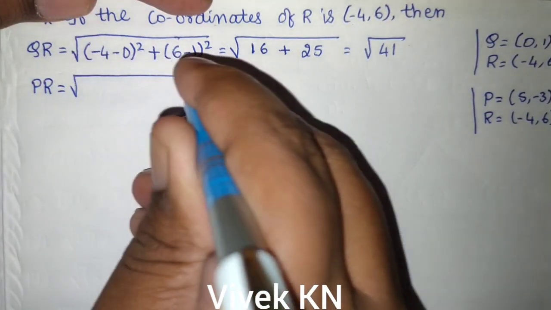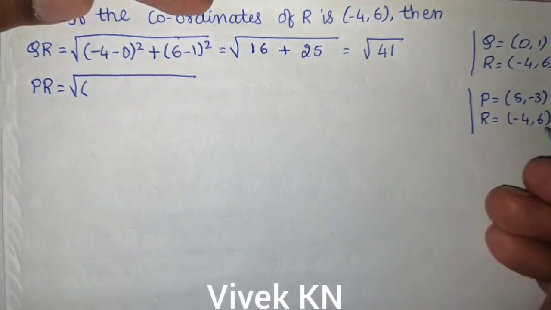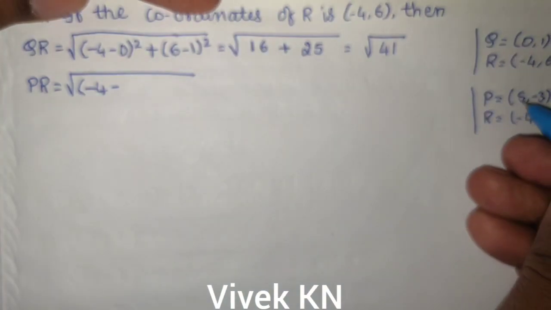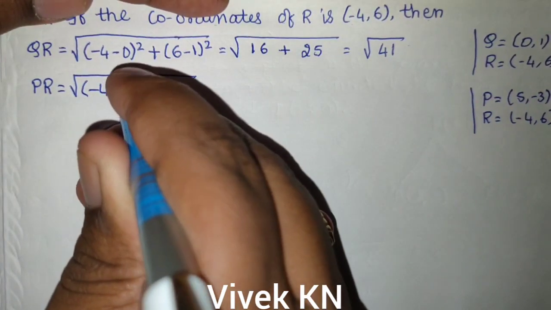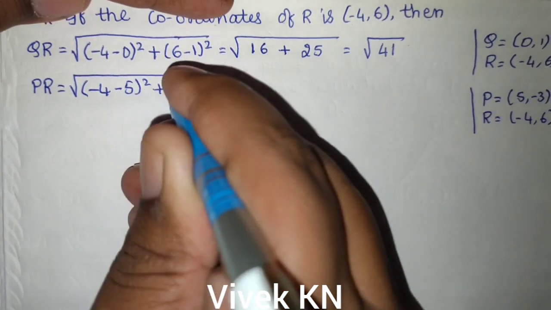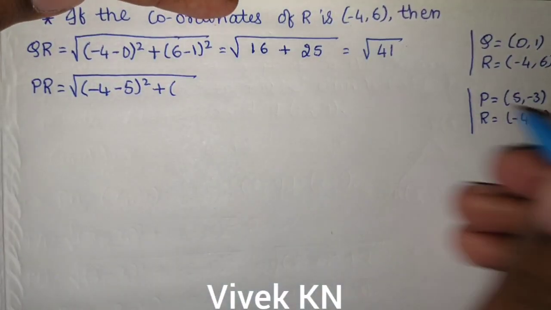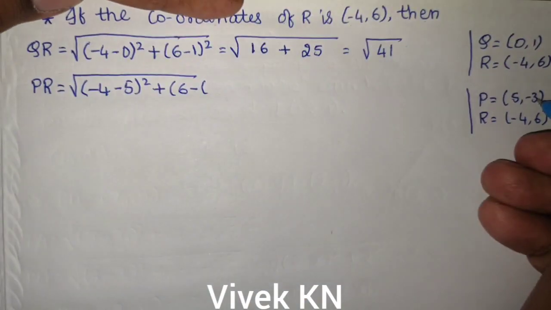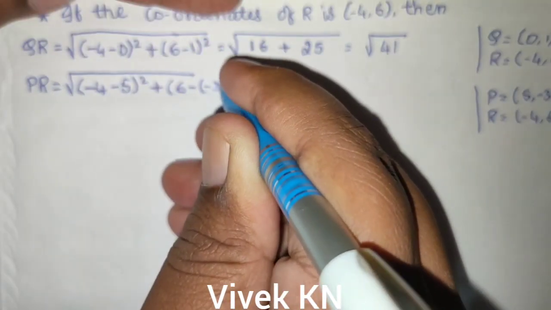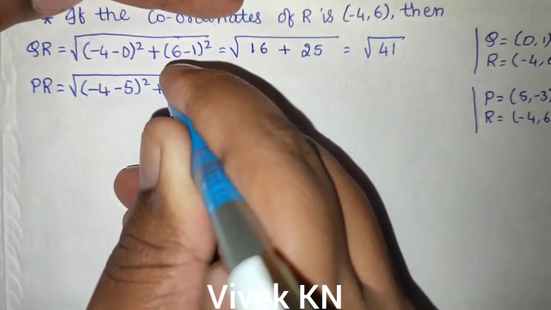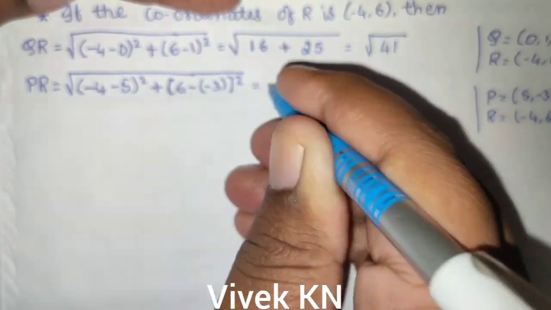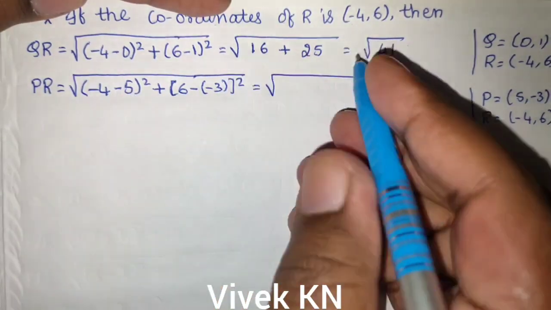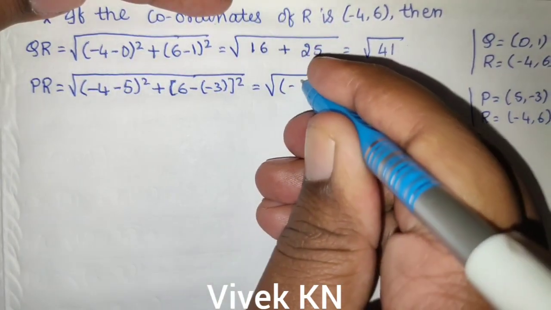So x2 minus x1, that is minus 4 is the x2 minus the value of x1 is 5 whole square plus the value of y2 is 6 minus the value of y1 is minus 3, which is equal to under root of minus 4 minus 5 is minus 9 whole square